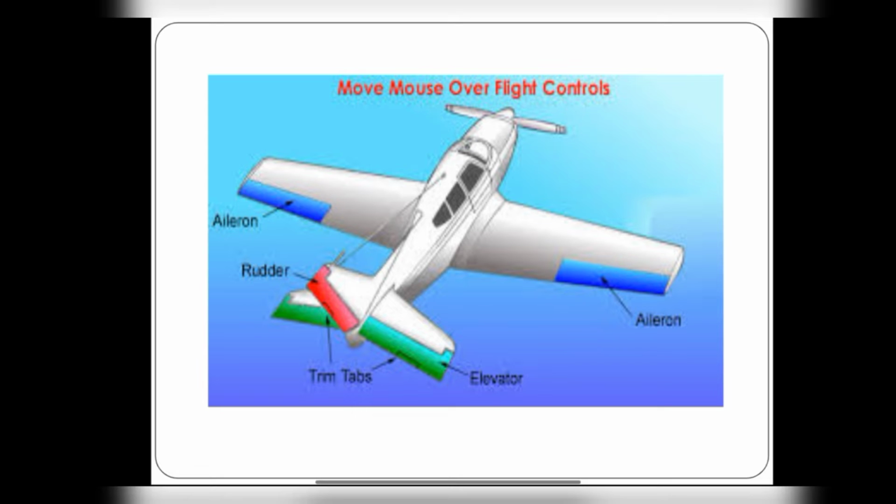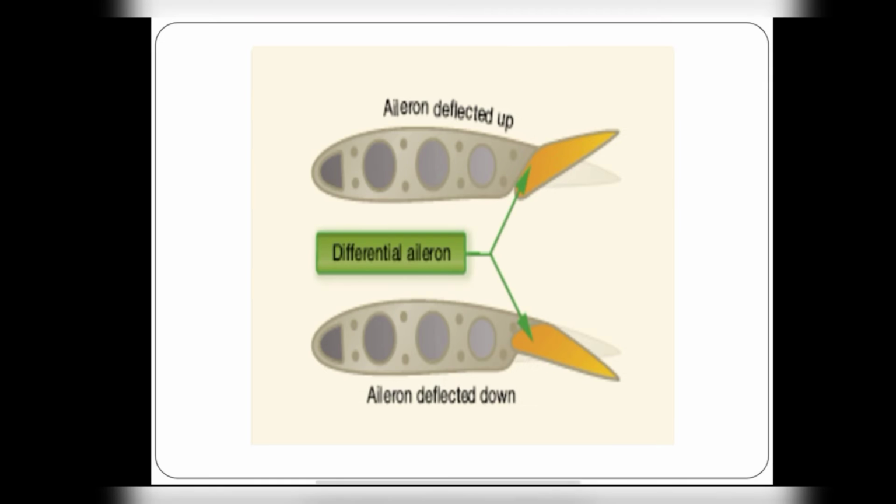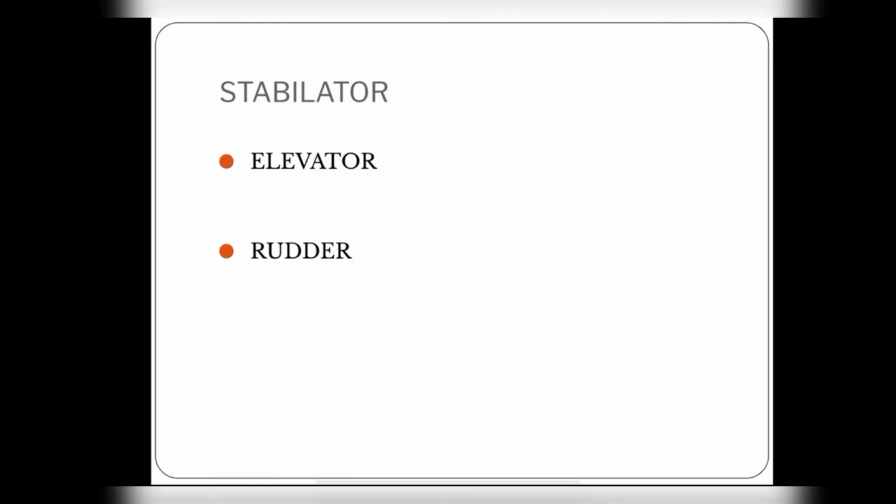If the aileron on one wing is deflected up, then the aileron on the other wing will be deflected down. This is the differential aileron, that is, one aileron is deflected up and the aileron on the other wing is deflected down. This is the main basic function of the aileron. And we'll move on to the